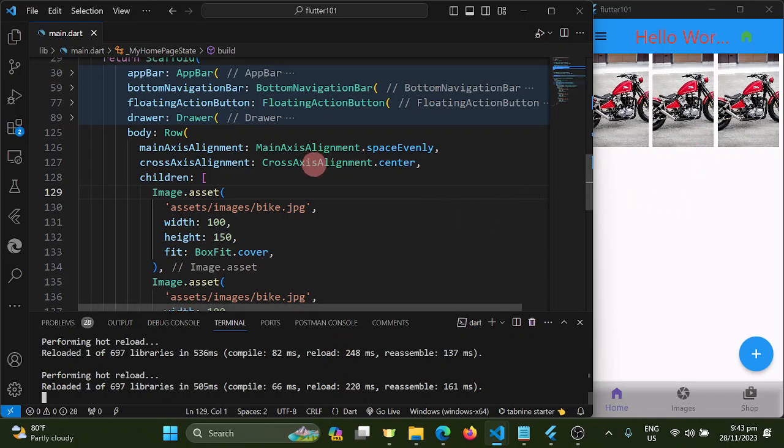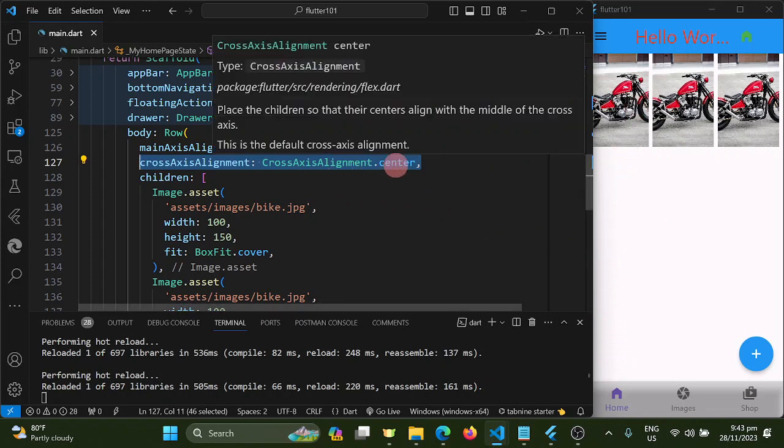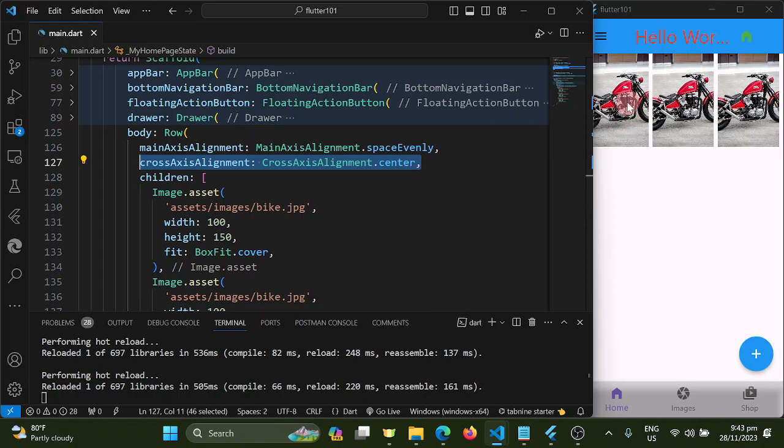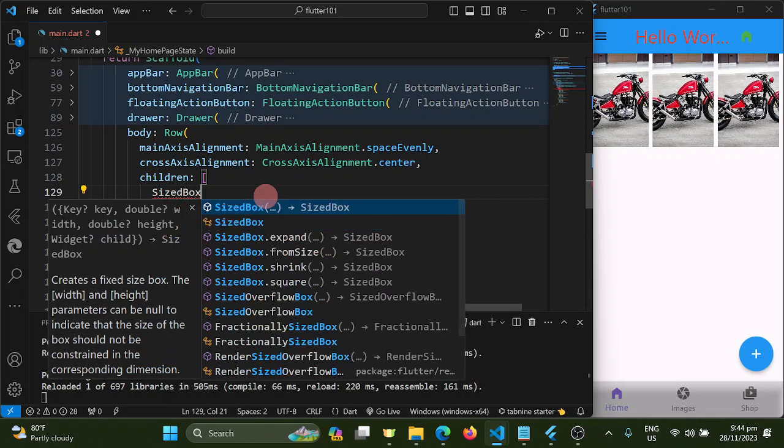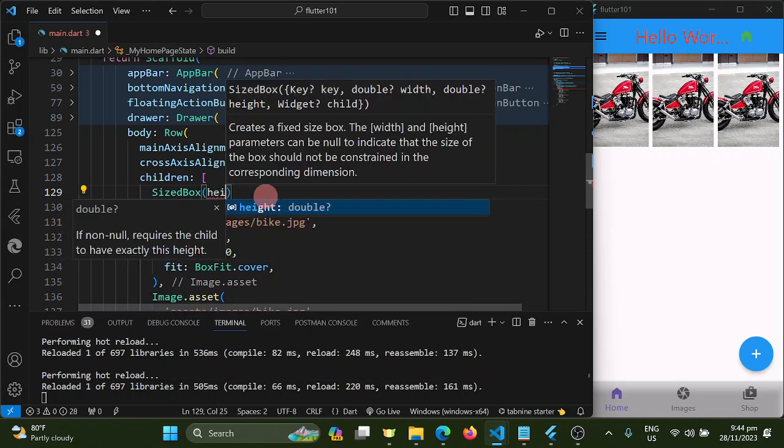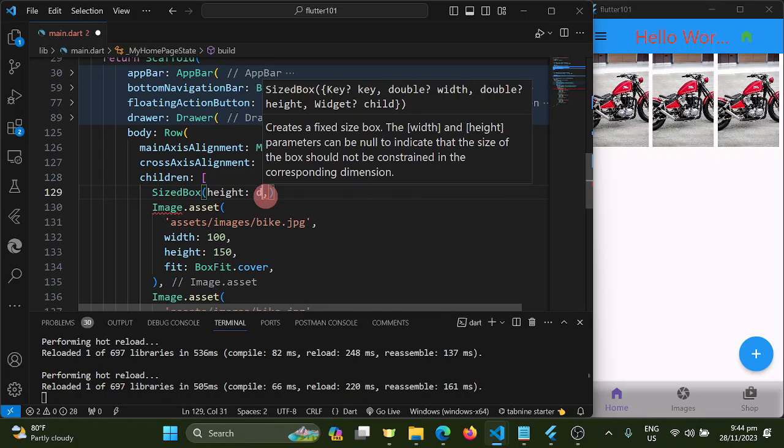Okay, so we have here again the cross-axis alignment, which is supposedly the vertical axis. So we have here center, but as you can see, it's still on the top. Just like what we did on the column, what I'm going to do here is add a size box, and I'm going to modify the height to double